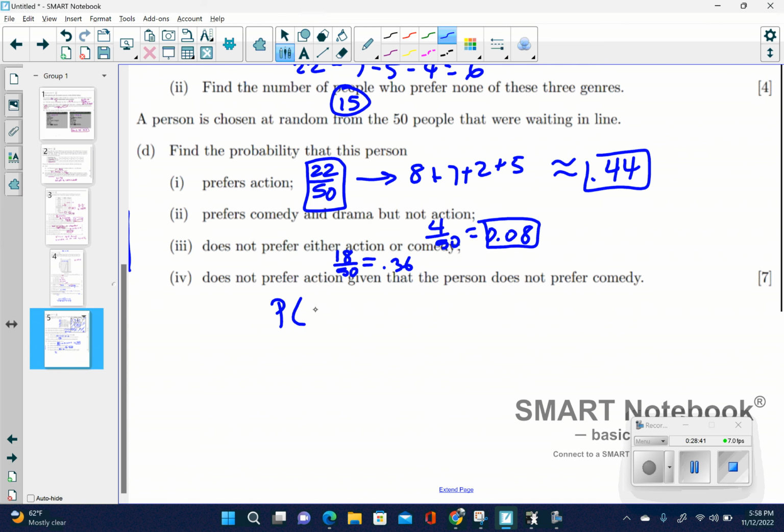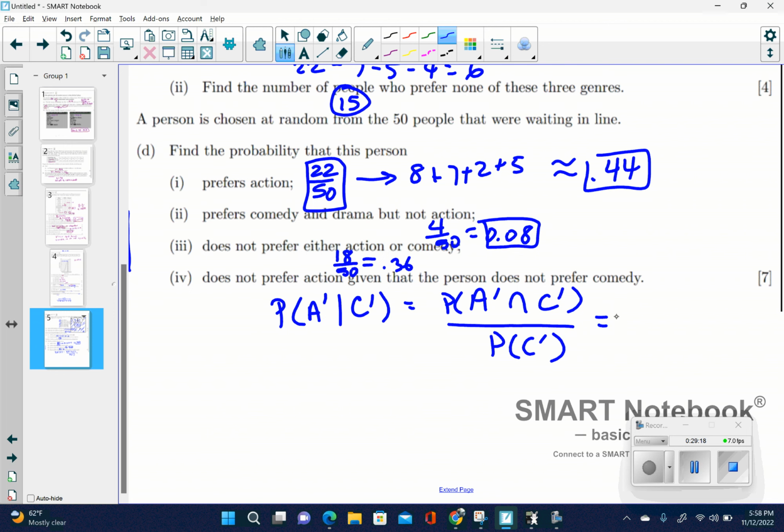And the last one: does not prefer action given that the person does not prefer comedy. We have to remember how given works. What we're doing is the probability of both not action and not comedy, all over whatever comes second, here the probability of not comedy. We already figured out that there are 18 people who prefer neither action nor comedy. So that's going to be 18 out of